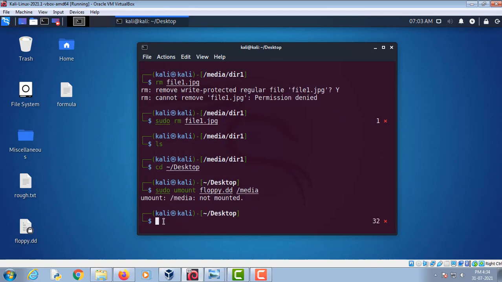So I have unmounted this floppy image from the system. Now let's open this file using a hex editor. I have already installed Bless hex editor on my Kali Linux. You can use any hex editor of your choice.